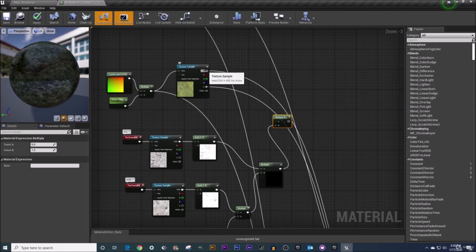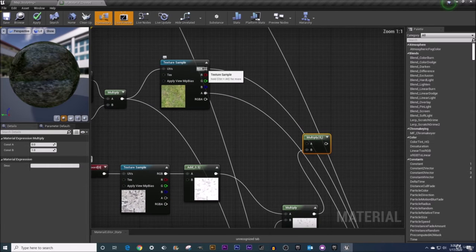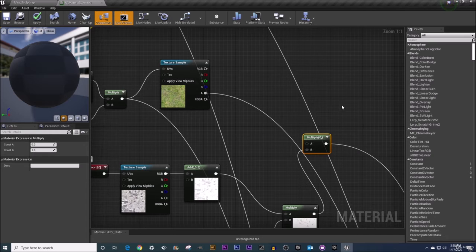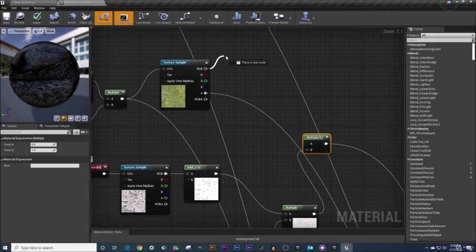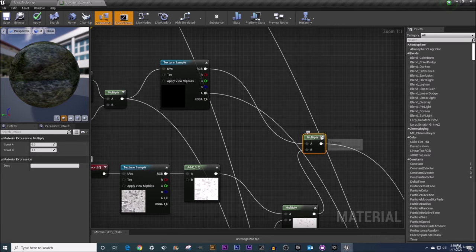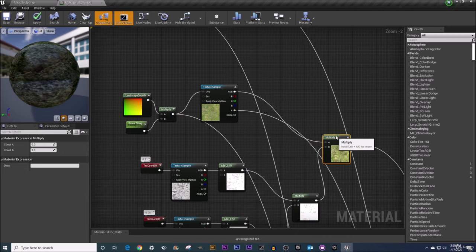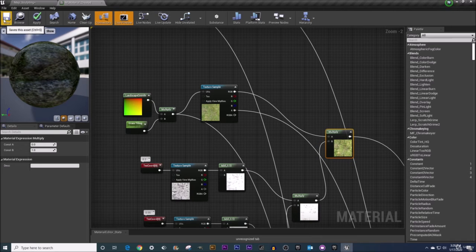And we want to plug this RGB value now into the A, but I don't want to snip this wire. I want to drag this wire out to here. So let's hold down Control, left click, and you can drag this and plug that into that multiply node. And now we can left click, drag our RGB into here. And if we click our little preview thumbnail there, it doesn't look like much yet. But if we save this,